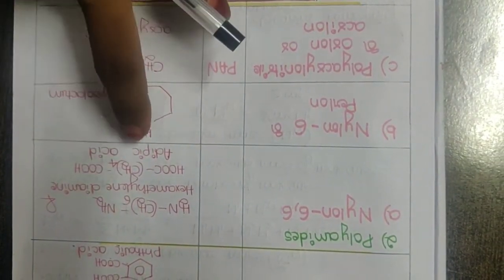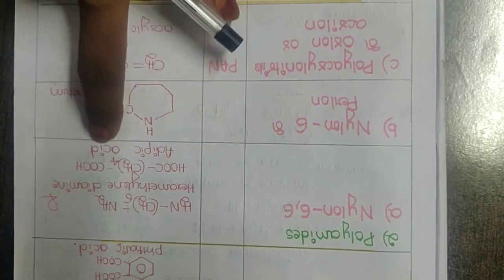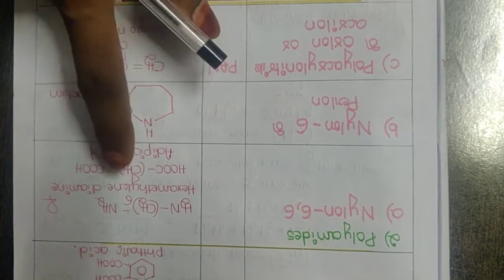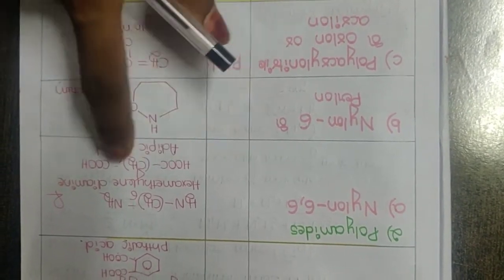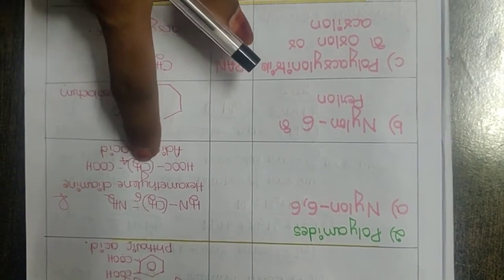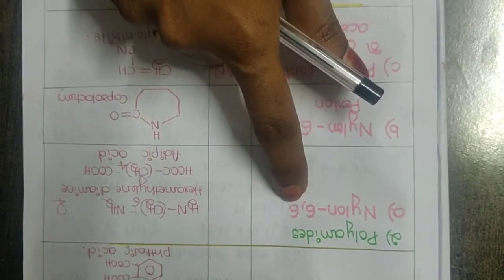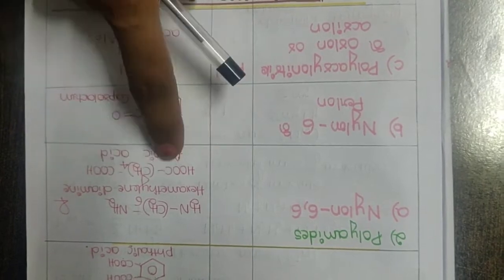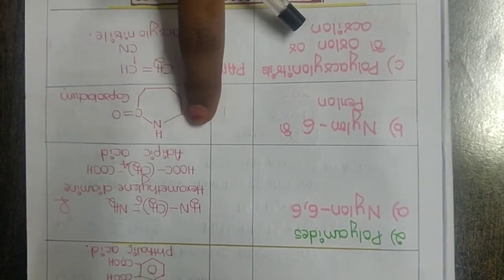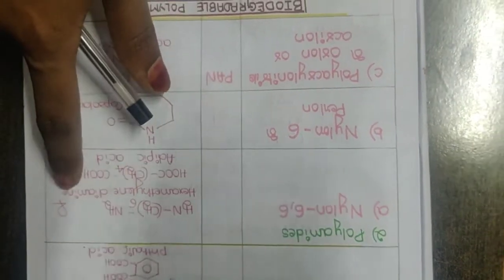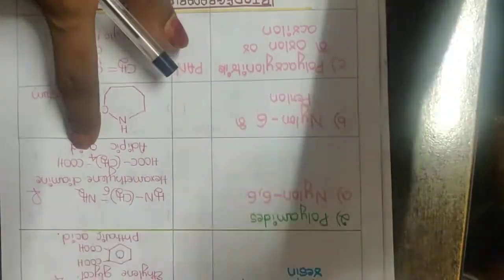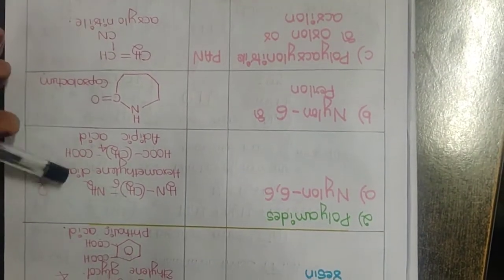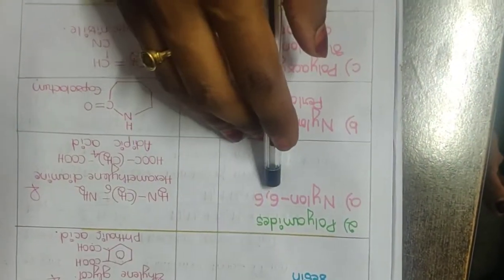And the acid we have taken here is adipic acid, or it is also called tetramethylene dioic acid, because there are 2 carboxylic acids with a 4 methylene group. And how do I end up with a 6 number here? 4 carbon plus 2 carbon atoms of carboxylic acid, it will become 6. So therefore we have hexamethylene diamine and adipic acid as the 2 monomers for the formation of nylon 6,6.